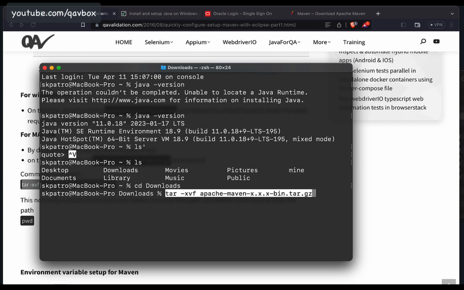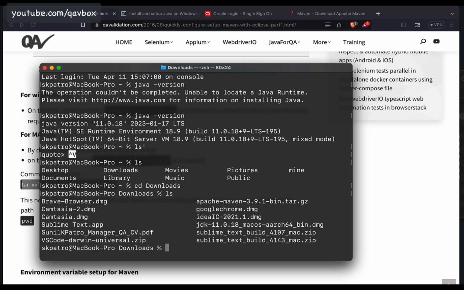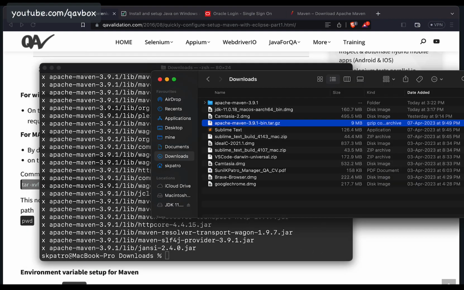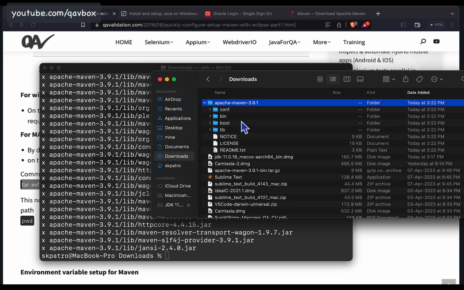Okay, and here I need to copy that. Now I'll show you that file as well, so that you can copy paste. So you can put ls, and here you need to copy paste. Now what is that file name? Now this is the file name, right, which we just downloaded. So oops, sorry, not that. Yeah, so here you simply replace this file name with your actual file name which you downloaded, and now you enter it, and you can see that it would have created a new folder, Apache Maven 3.9.1, and this file